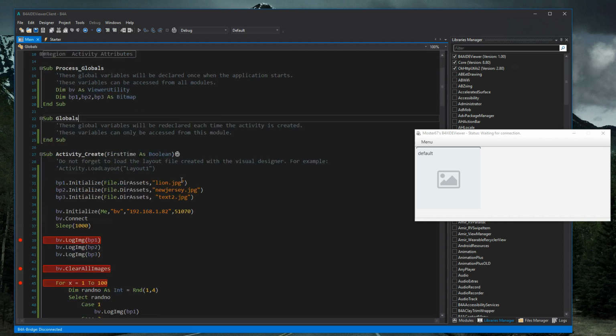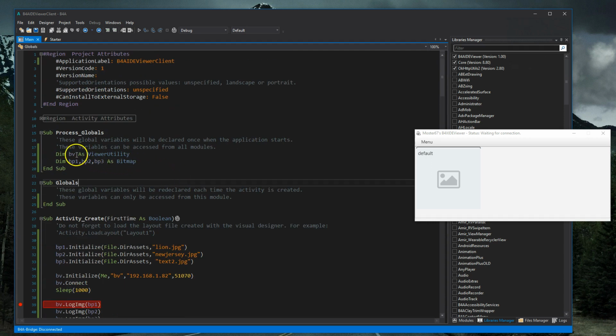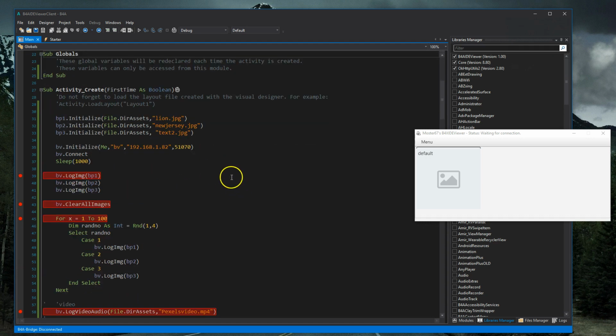Here's this sample project I set up. We declare the client library. I put on some bitmaps. Here we're assigning some images to the bitmaps. We initialize